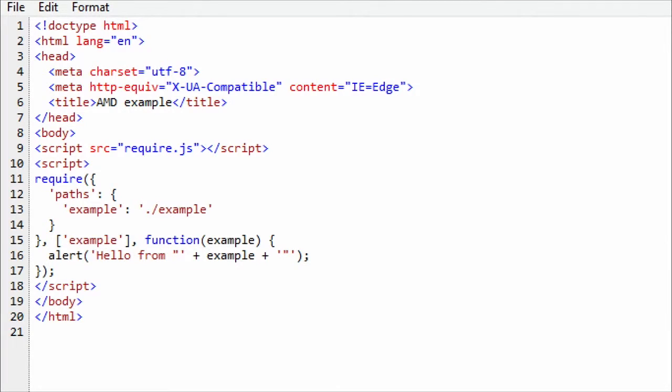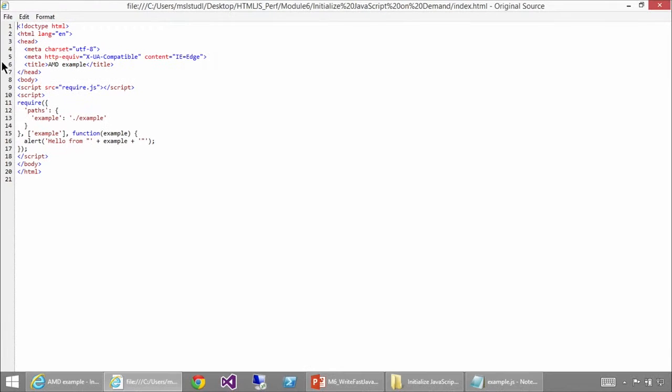I'm setting the path for the example module as /example. You notice I'm not having to say .js. The module loader knows that I'm loading a JavaScript file, so I don't have to include the .js. And then because the example file happens to also have an ID of example based on the path name, I can say I want to load that example and then alert whatever the example is giving me. So if I look at the example file here,